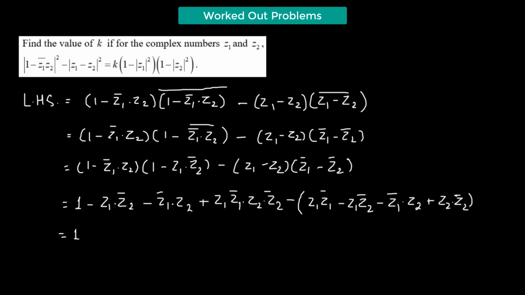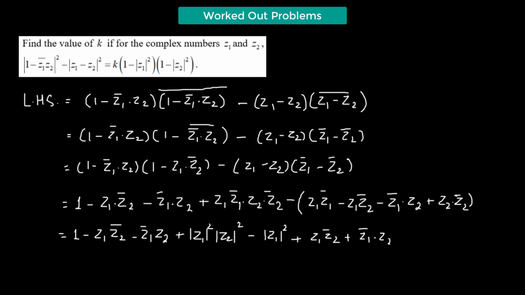We have now 1 minus Z1 times Z2 bar minus Z1 bar times Z2 plus mod of Z1 squared times mod of Z2 squared, minus mod of Z1 squared plus Z1 times Z2 bar plus Z1 bar times Z2 minus